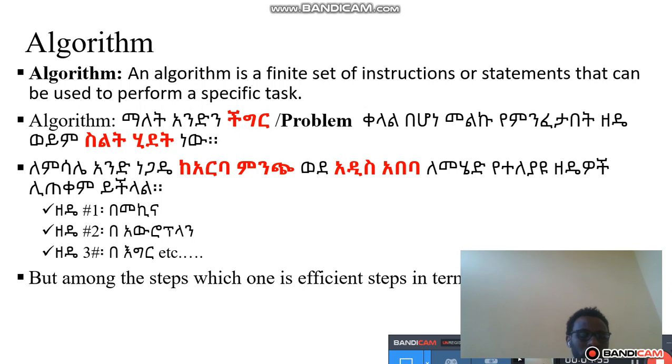እና ቀደም እንዳልኳችሁ ለምሳሌ አንድ ነጋዴ ከአርባ ምንጭ ወደ አዲስ አበባ ለመሄድ ስቴፕ 1 ምን ሊከተል ይችላል በመኪና ሊሆን ይችላል ሁለተኛ ስቴፕ በአውሮፕላን ሊሆን ይችላል ሶስተኛ ስቴፕ በእግር ሊሆን ይችላል አራተኛ ስቴፕ በፈረስ ወይም በሌላ ሜካኒዝም ሊሆን ይችላል ማለት ነው ስለዚህ አልጎሪዝም ማለት ምን ማለት ነው is a finite set of instruction or statements